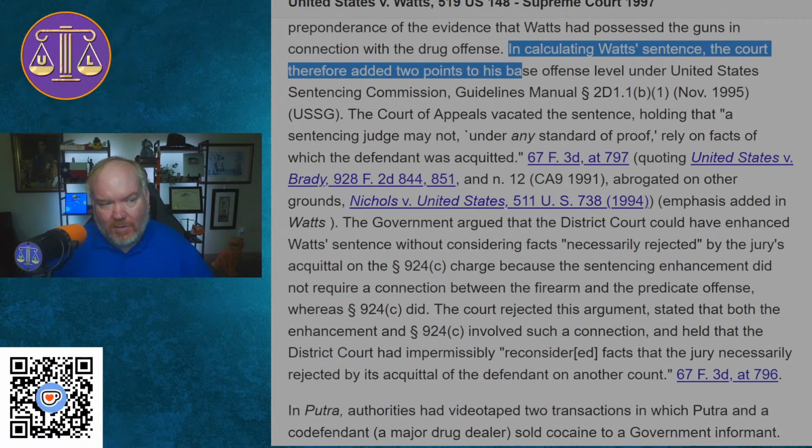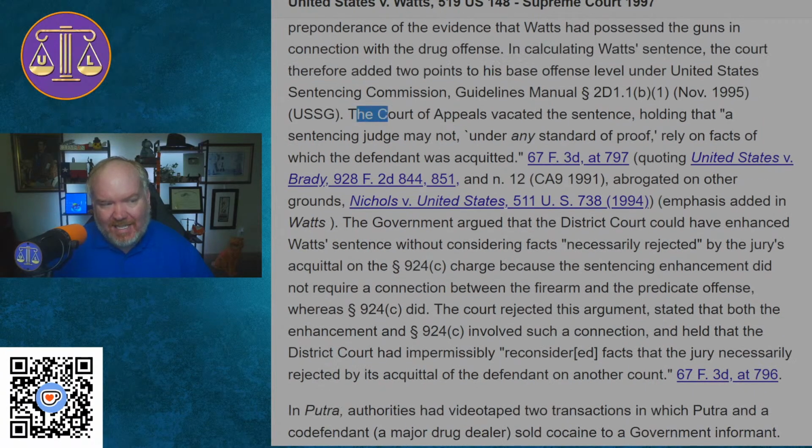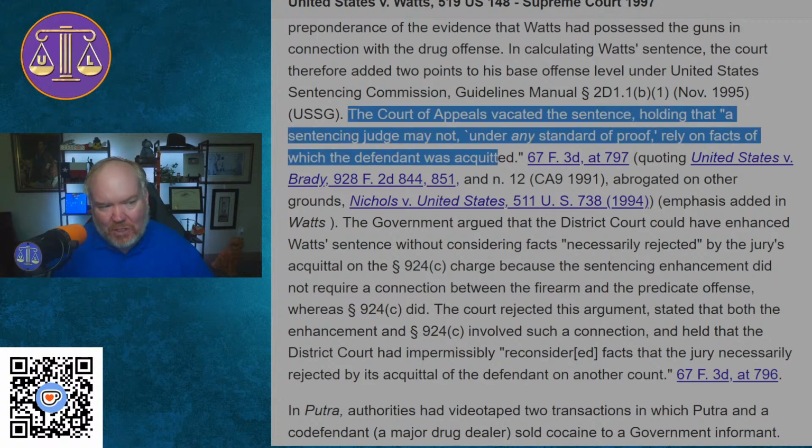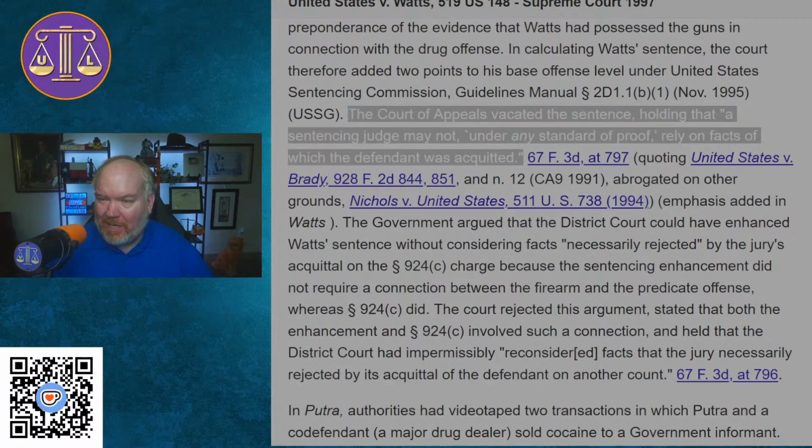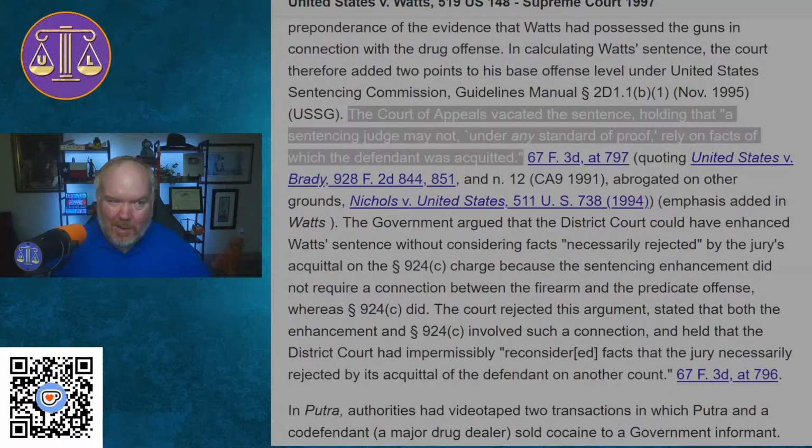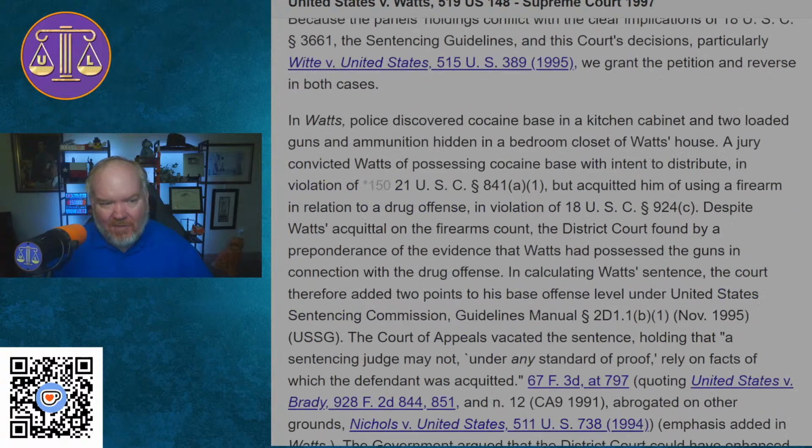The Court of Appeals vacated, holding that a sentencing judge may not, under any standard of proof, rely on facts for which a defendant was acquitted, right? It's like, hey, the Ninth Circuit Court of Appeals says, we don't really think it's cool that the sentencing judge should be allowed to use facts for which the jury acquitted. That doesn't really make sense to us. So they can't do that. That's not cool with us, says the Ninth Circuit. We press on. The government argued,